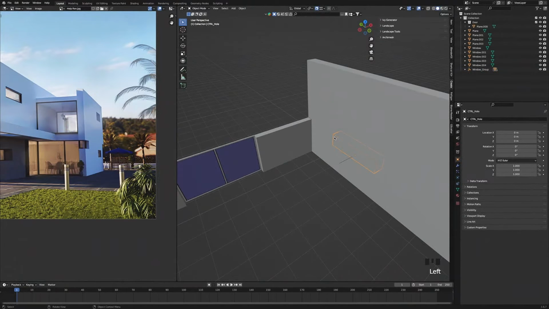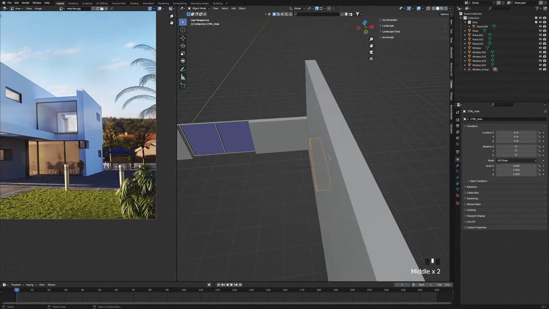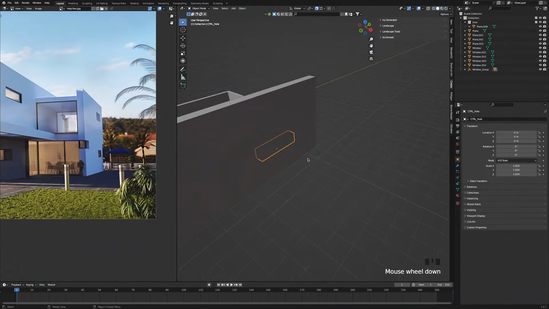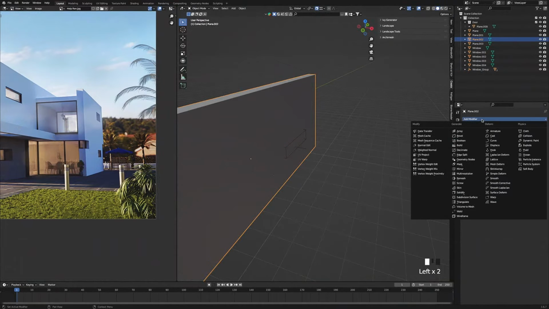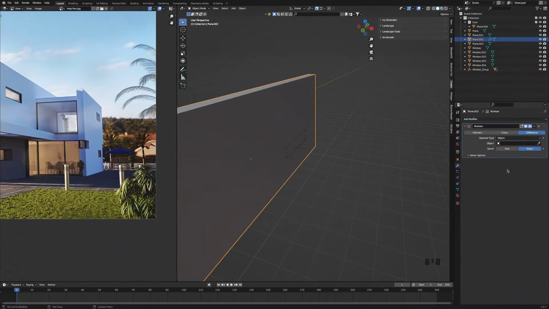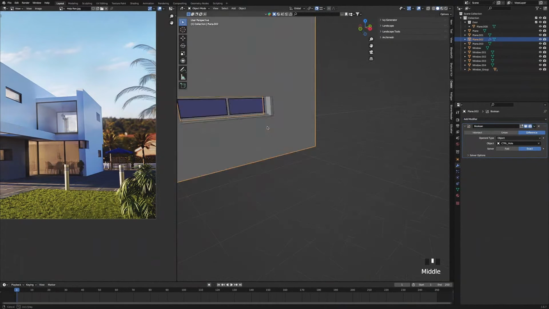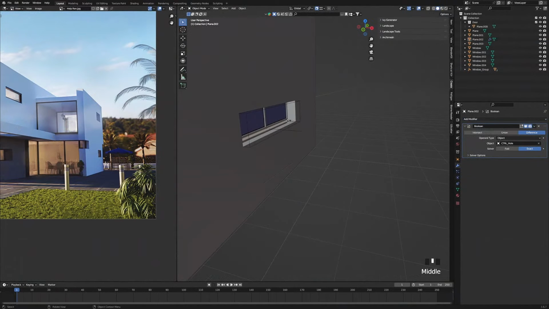I'm going to select the box empty, and we're just going to scale it out so it's sticking out both sides of the wall. So we're going to change the Y scale to 1.8. And so that we can cut it out of the window, we're going to select the wall. We're going to go to Modifier Properties. We're going to add a modifier, and we're going to add this one called Boolean. And we're going to click the eyedropper tool, and we're going to select the empty. So now by doing that, we've got a little cutout for our window to sit in.